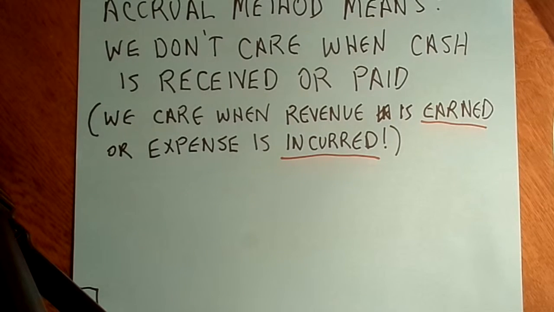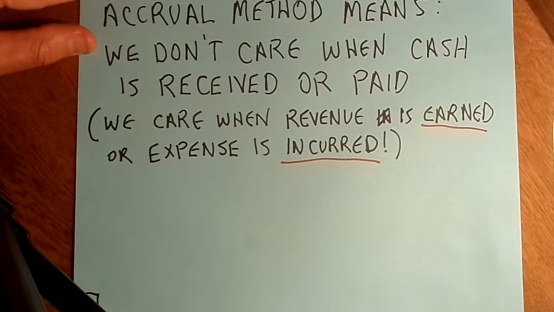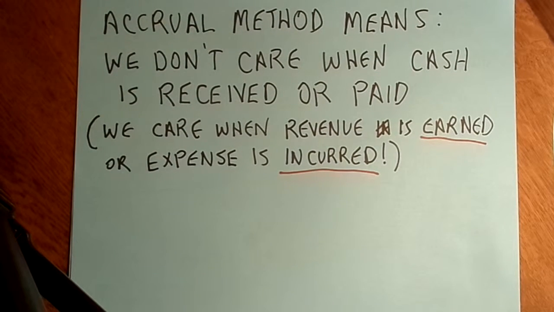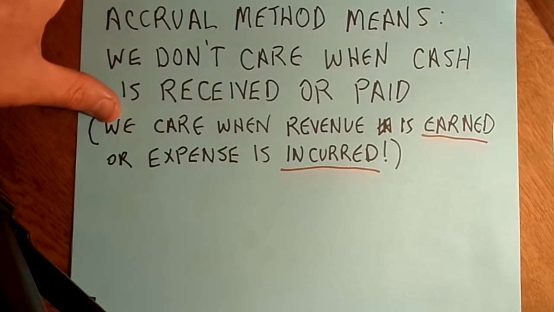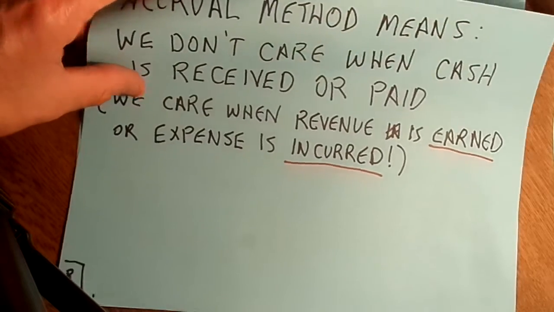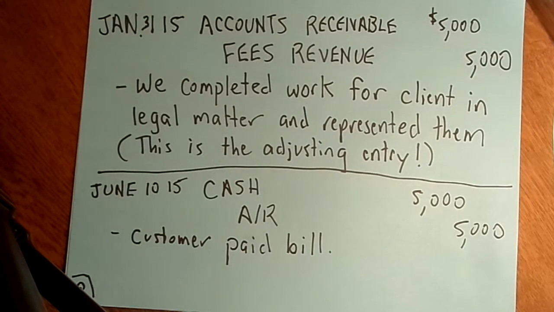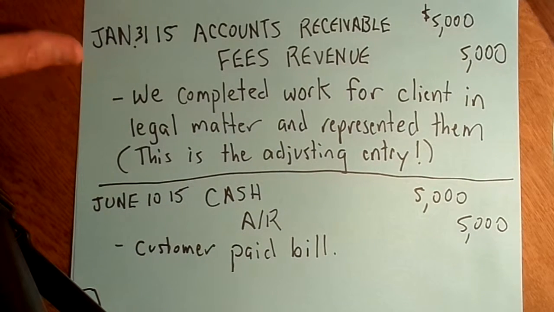Let's spend just another minute or two thinking about how we might use journal entries, in this case adjusting entries, to handle accrued revenue and accrued expense. So the accrual method means we don't care when cash is received or paid. We care when revenue is earned or expenses incurred. So in this first revenue slide,